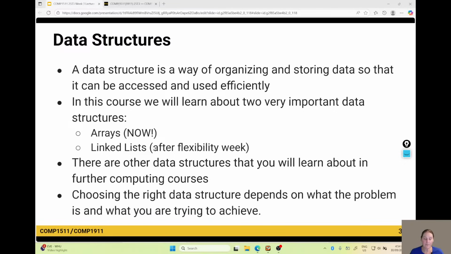So it's a data structure. You'll learn about lots of other data structures if you go on and do more computing. I think you'll do a whole course called data structures and algorithms. There's no right data structure. It's not that we're showing you easier ones and there are better but harder ones. These are data structures that you'll use forever. There are other ones, they all work better in different situations, depending on what you're trying to do. But you will see arrays in anything you do in computing.